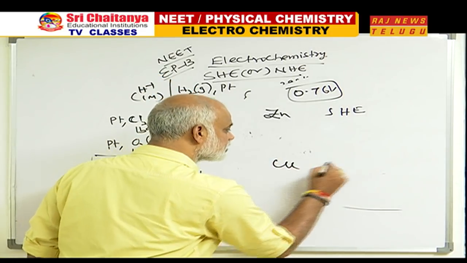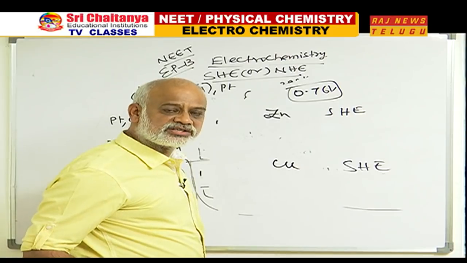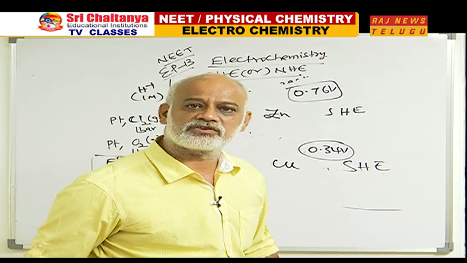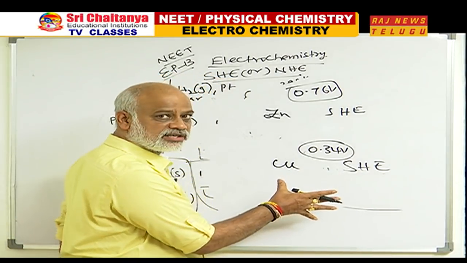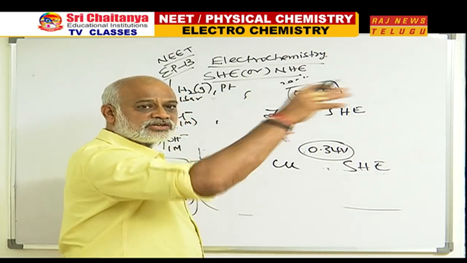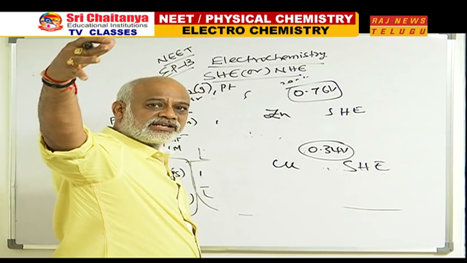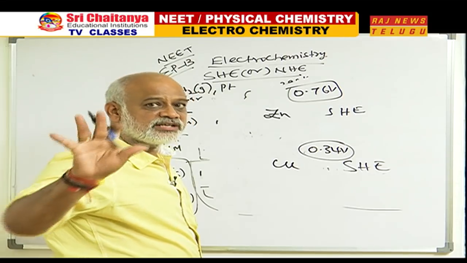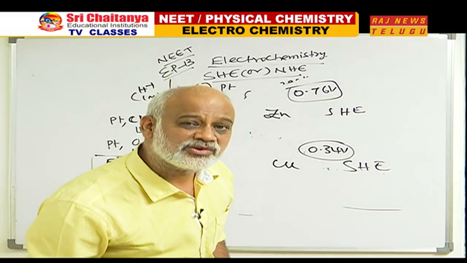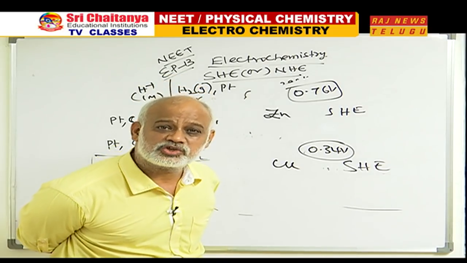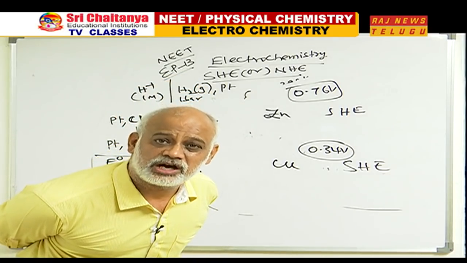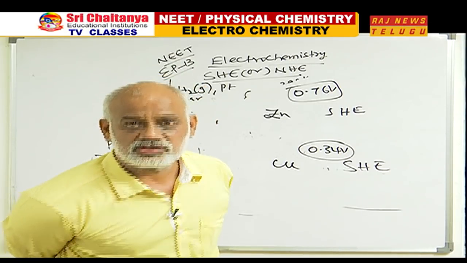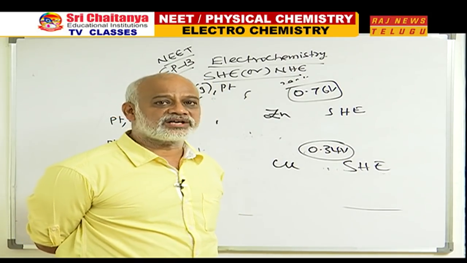Then suppose I am taking copper and connecting it to standard hydrogen electrode. The potential difference developed is, let us say, 0.34 volts. When I say this, I did not show the diagrammatic representation, copper rod in copper sulfate, platinum foil in 1 molar HCl connected through a copper wire. All these things I did not say, just the difference is 0.34. Can I now say this 0.34 is the magnitude of standard electrode potential of copper electrode, because 0 is the value for SHE? Yes. So we got one important aspect: what is standard electrode potential.